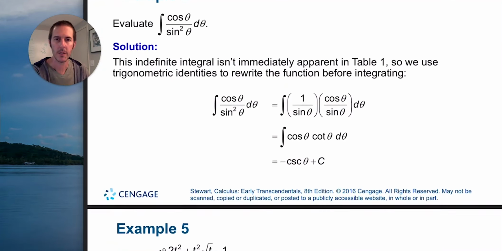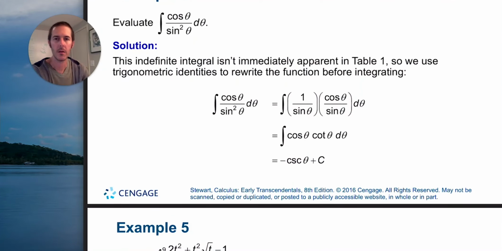Here's another example of an indefinite integral, and this one's a little tricky. This is one of those problems where you want to do some initial work, and in this case, the factor of sine squared theta in the denominator has been broken up into 1 over sine and cosine over sine, so that 1 over sine can become cosine. Which is not true. 1 over sine does not equal cosine. 1 over sine is equal to cosecant. So that is a typo on the author's part. So this should say